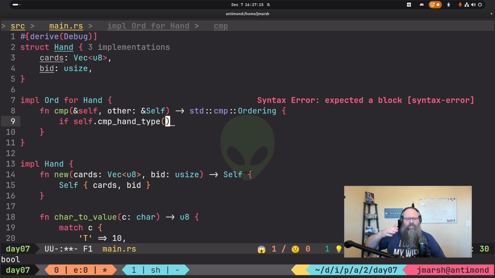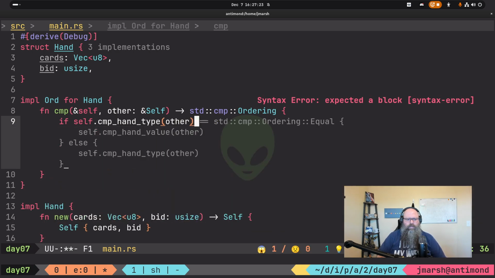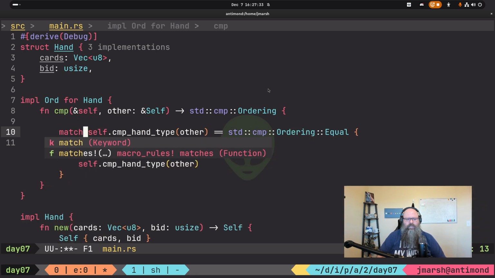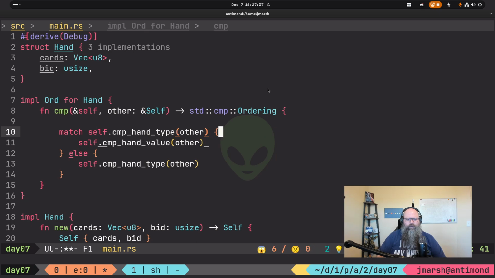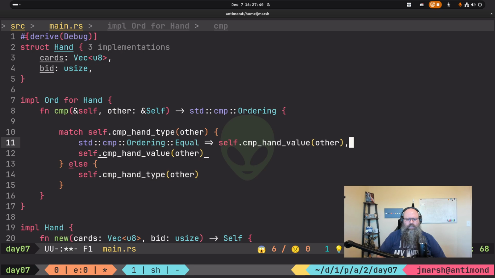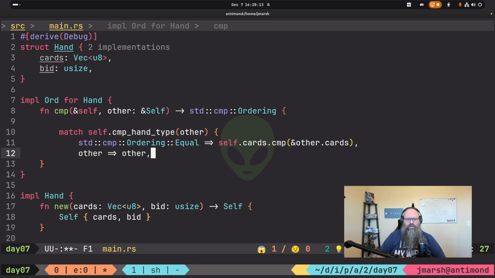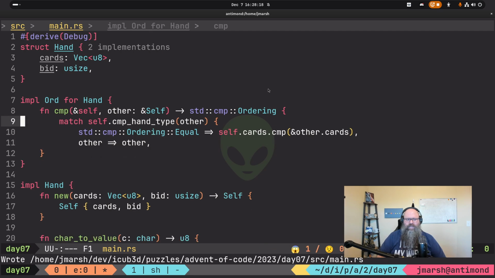So we're going to have some function that compares my own type with this other type. Ooh, I should do it in a match, actually. Sorry, I'm trying to figure this out as I go. So if we do a match and they are equal, then we want to compare the hand, like the lexicographical order. Oh, but I can do that with just like that. And in any other case, I'm going to return other. Is that it? Is it really? Oh, I'm missing a